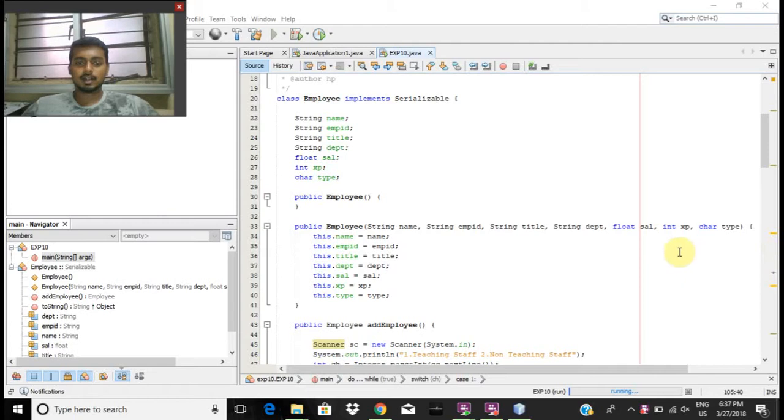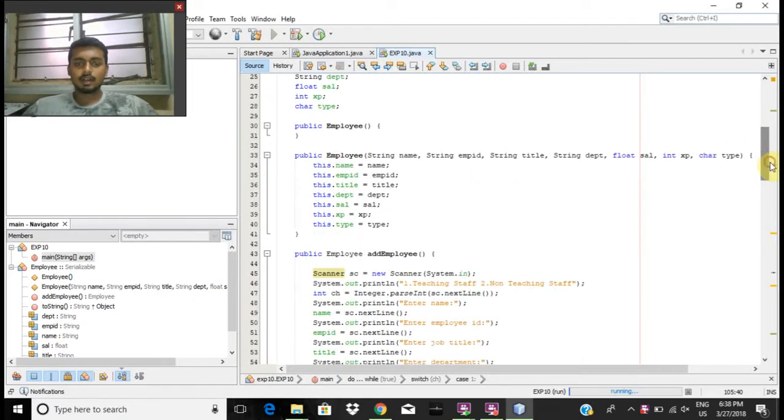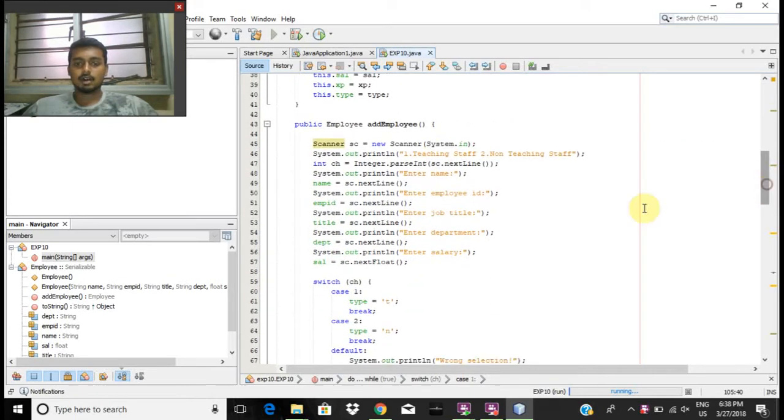First, we create the class Employee, and we implement it from the interface Serializable. A string name, employee ID, title, department, float salary, int experience, and char type are the attributes for the program. Now we create a constructor to initialize all the attributes, and we create a function called addEmployee, public Employee addEmployee,